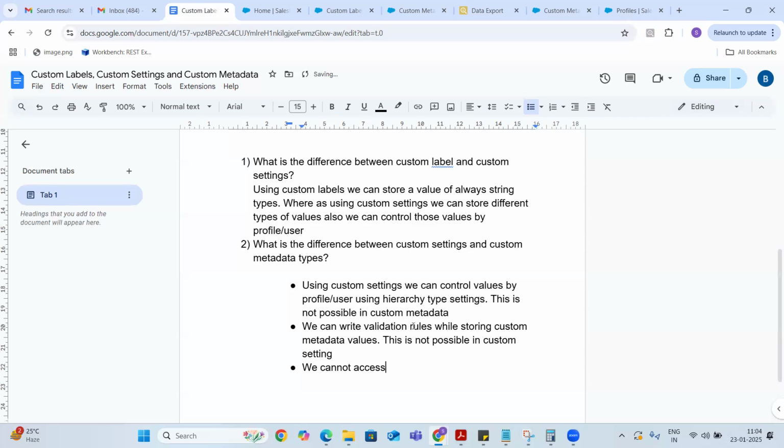or we cannot access one custom setting from another custom setting. Otherwise, we can say we cannot relate one custom setting to another custom setting. But this is possible in custom metadata types. And the last difference is